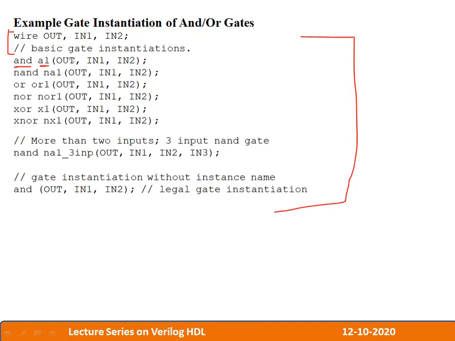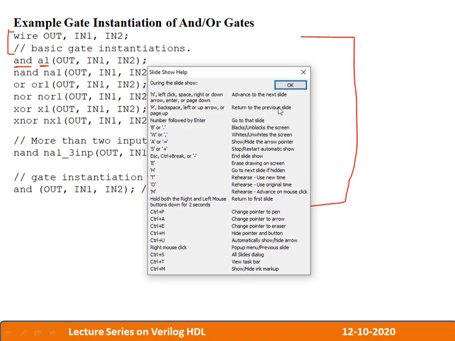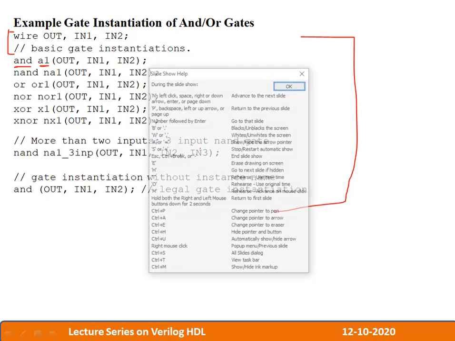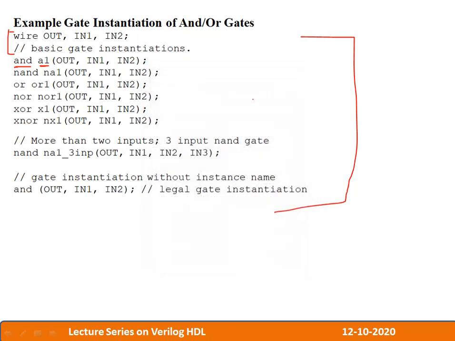Always remember the normal procedure that we usually follow: try to mention the first term as output and the subsequent terms as inputs. Why we mention it this way is because of the implicit gates that are present in the Verilog language. For example, the moment I mention and, you can see in the simulation the color changes to blue.